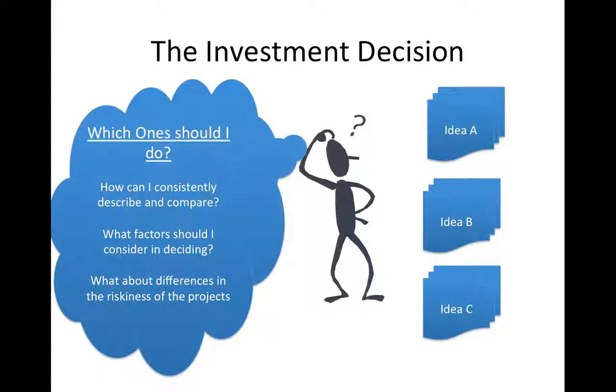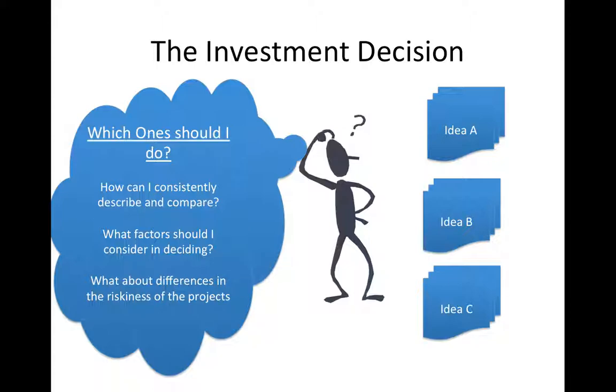And so in order for them to make these kinds of choices consistently, they have to basically find a way to consistently describe and compare projects. Keep in mind that even if they only have one opportunity this time, they also might have had one opportunity a year ago, and they might have another opportunity a year after that. And you would like the way that you go about making the decision to be similar from time to time, or if you can improve on it, obviously. But so the first issue that they have is that they want to be able to compare consistently.